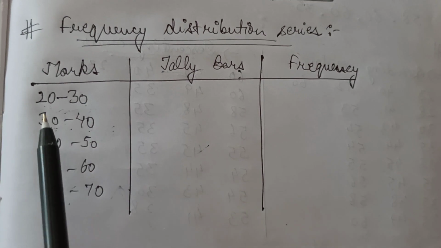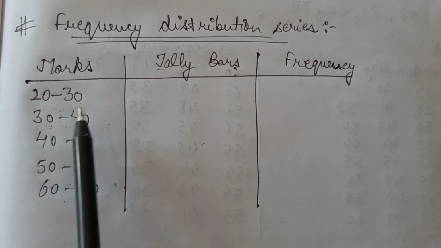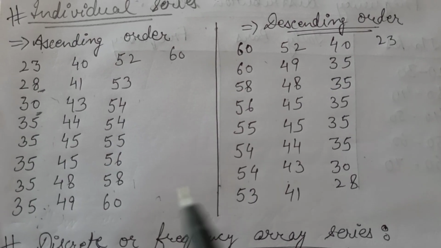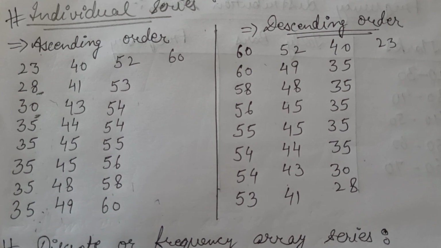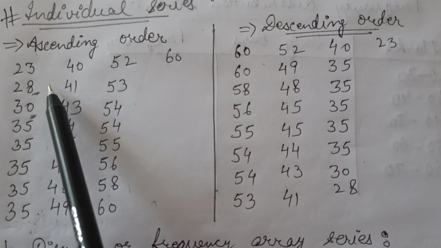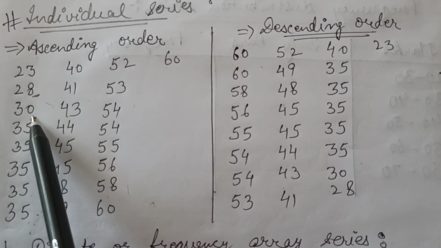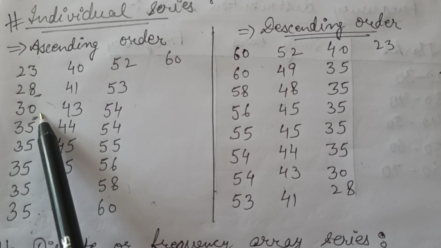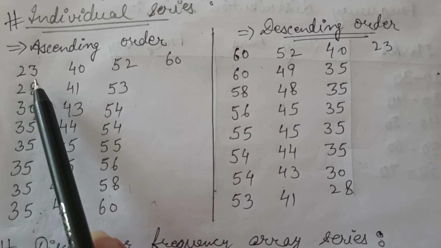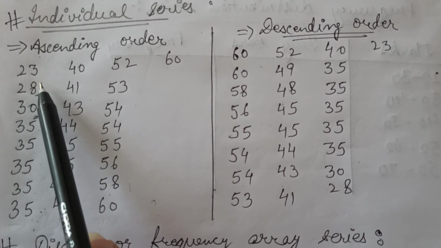So firstly हम डाटा में क्या देखेंगे, कितने स्टूडेंट्स हैं जिनके 20 to 30 मार्क्स आए हैं. You can see in this individual series. अब देखो 20 to 30 कितने स्टूडेंट्स के मार्क्स है, that is 23, 21, after that is 28. There are only 2 students because ये 30 जो है वो तो हमने नेक्स्ट इंटरवल में इंक्लूड करना है. So over here the frequency from 20 to 30 will be only 2.